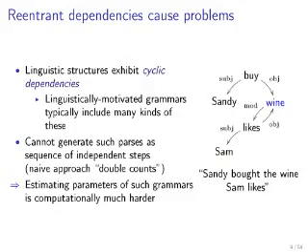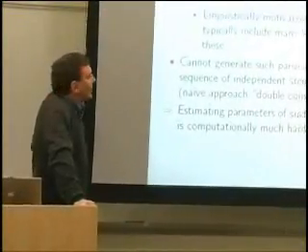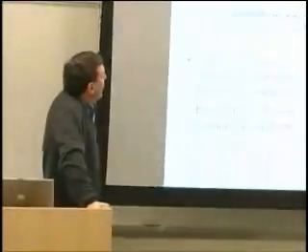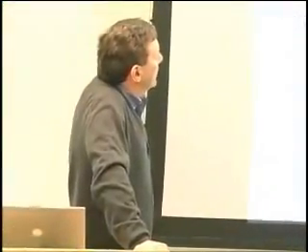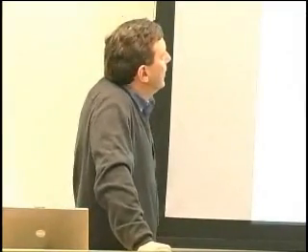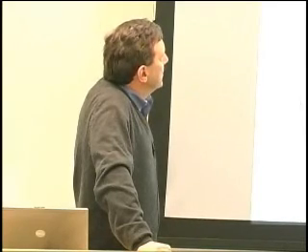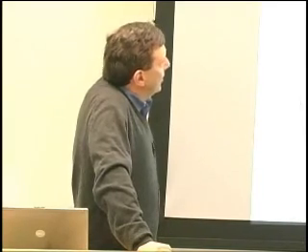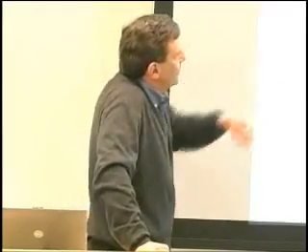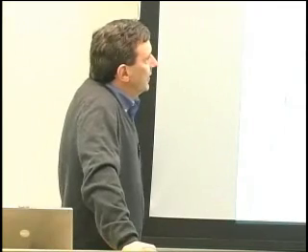Okay, so putting on a linguist hat very temporarily for about 1 or 2 slides. What a linguist would say when they look at those sort of generative models is to say, yes, that's all very well and good, but real linguistic structures actually exhibit cyclic dependencies. So you can see over here I've depicted a very simple dependency structure for a sentence like Sandy bought the wine that Sam likes.